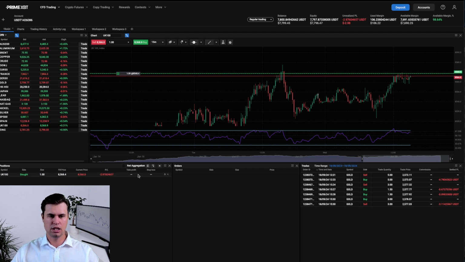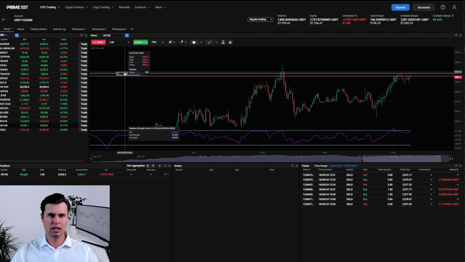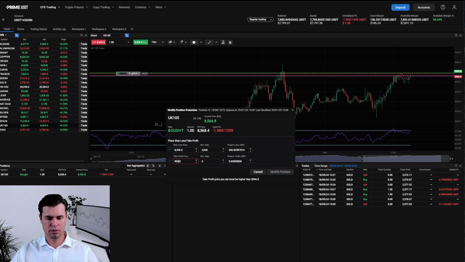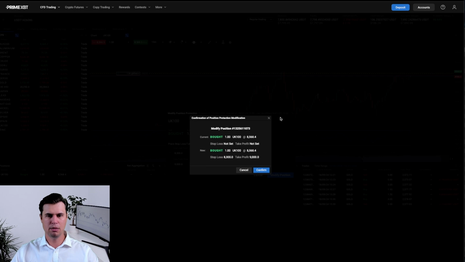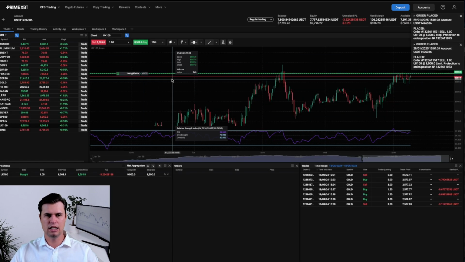Okay, you'll see there's two blank options, namely take profit and stop loss. I will need to go and actually change that myself. So you can either do that by clicking on here, where you'll then bring up the option to place a stop loss as well as a take profit level. So let's say, for example, I'd like my stop loss to be around 8,300, and let's say I want my take profit to be around 9,000. Okay, I then can click modify position, confirm, and boom,